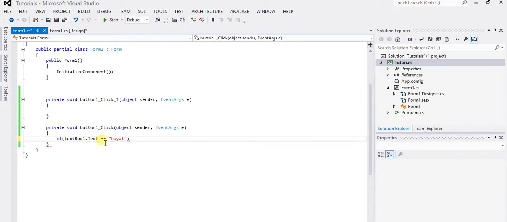The single equals to means that we are assigning this value, meaning the left hand side gets the value of the right hand side. But if you use a double equals to, that means that we are comparing the left hand side and the right hand side. Now put two curly braces and say MessageBox, and I'll say hello Hayat,